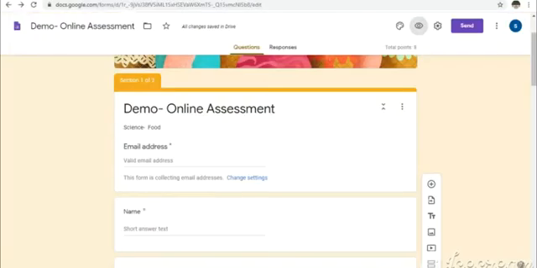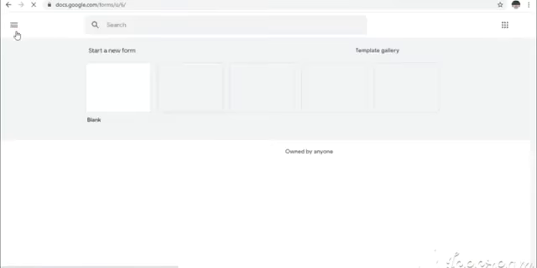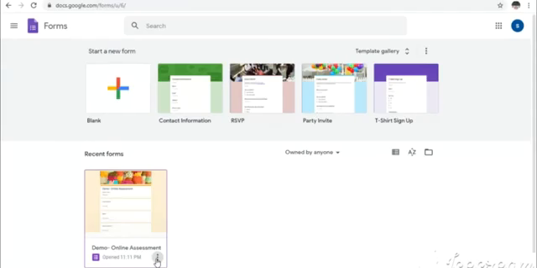So now let me come to my drive. I want to share this form with my friends.